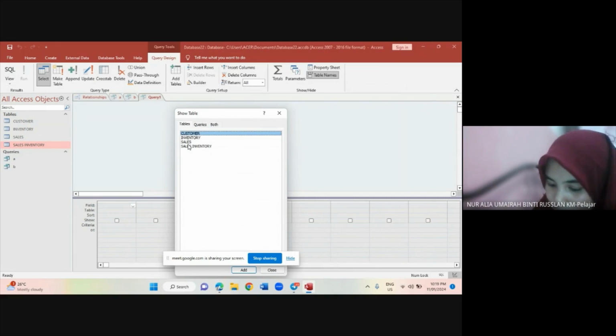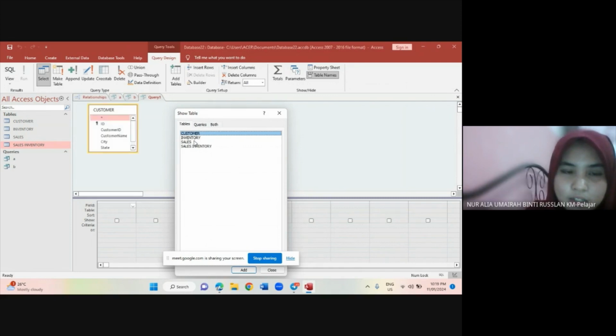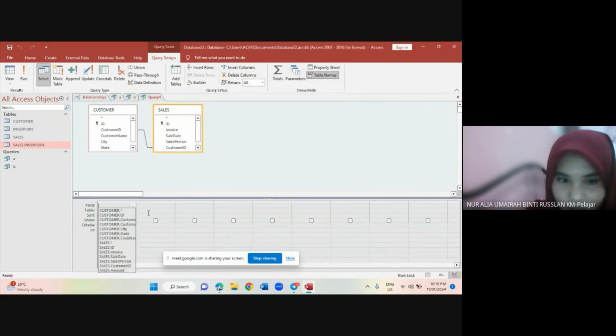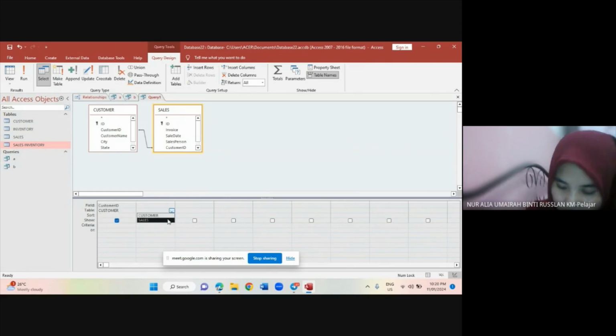So this is question C. Basically it relates to customer and sales, so we need to choose customer and sales. For the data we need to key in the data. For the table it is customer, and then field customer ID, and then this is sales and customer ID,